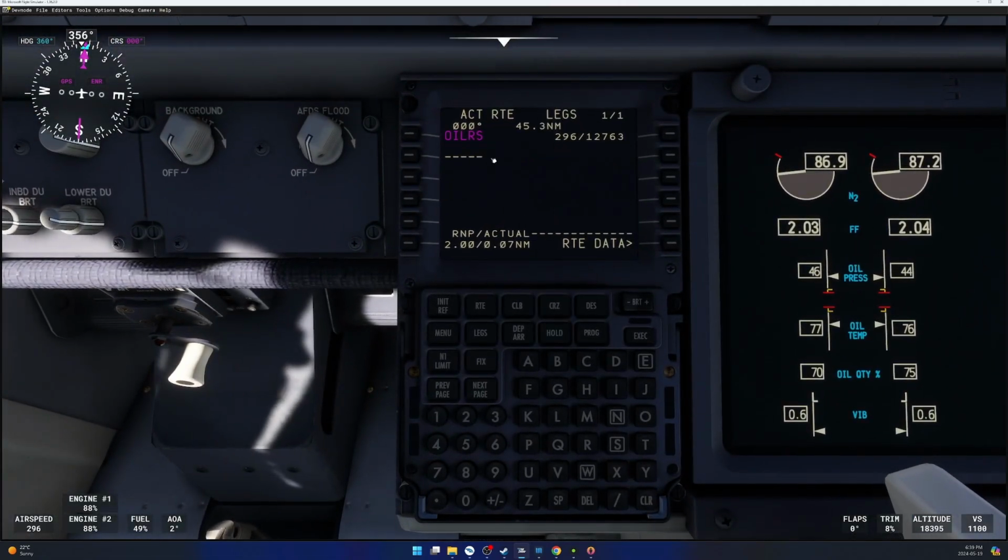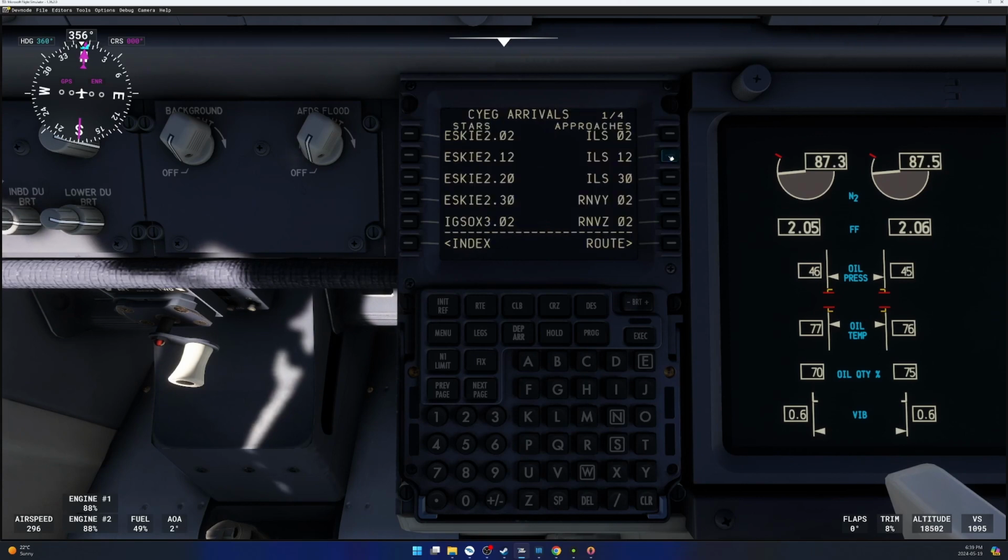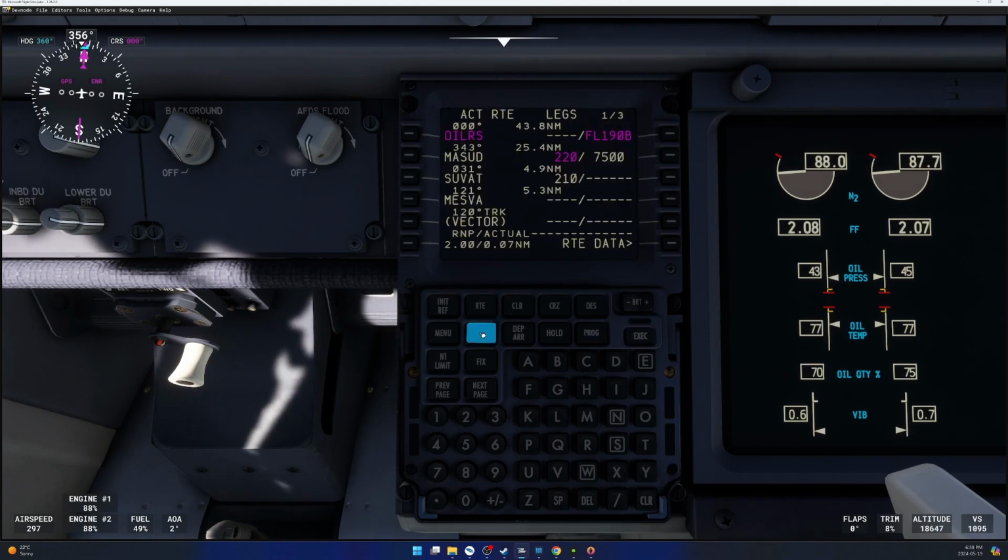So we're already on our way to Oilers, 45 miles out. This is such a short flight, it's ridiculous. Edmonton arrival, ILS 30 on the Oilers 2 approach. Execute. So once we go to Oilers, I'm going to pull up that Mustad. I don't know how to pronounce these. Suvat, Meza, Vectors